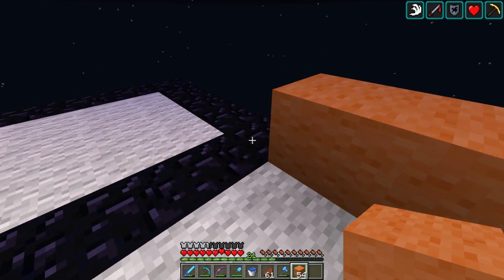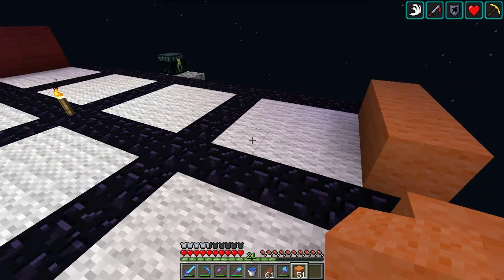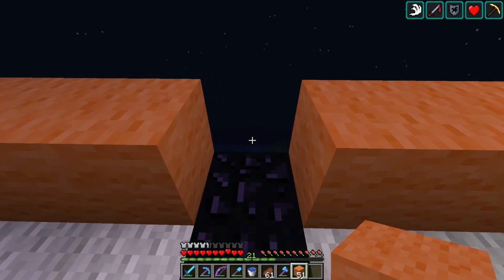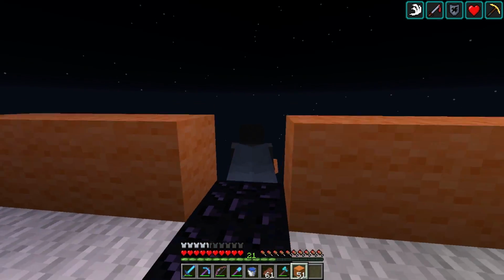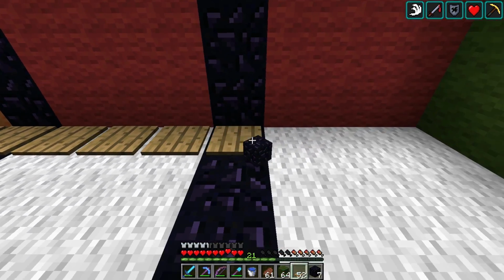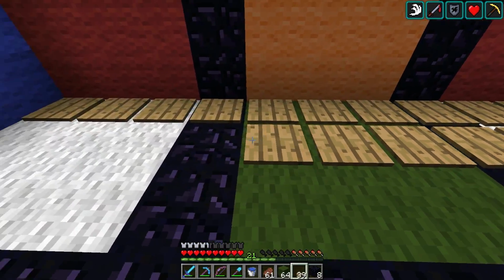I'm freaking out. Oh no, we just lost an orange wool block. I'm going to have to go down and get that. Oh, come on. Okay, we're going to have to fly for it. Alright, so what I'm doing now, obviously, is filling the entire bottom layer of the inside of this with